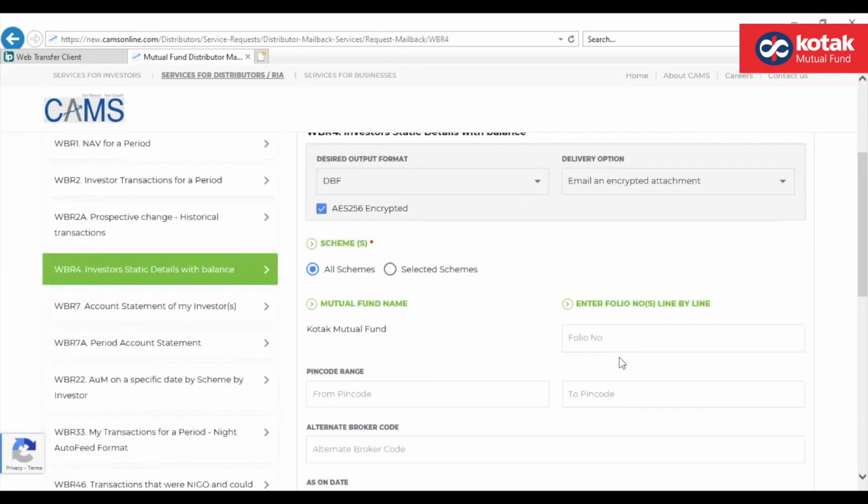This report contains all the information for the folio created in the period where static details have changed. You may need to view the account statement of each client for checking details like bank mandate registered, email ID, nominee details, contact details, etc. maintained in the folio. The single feed gives complete information and the same can be used for complete client servicing.